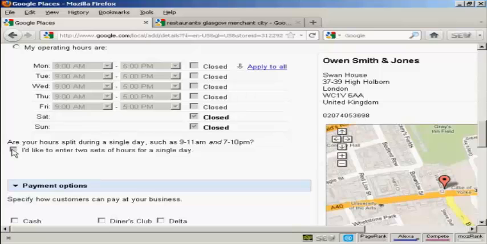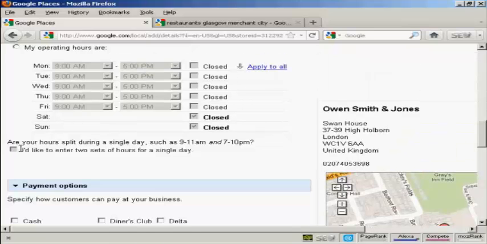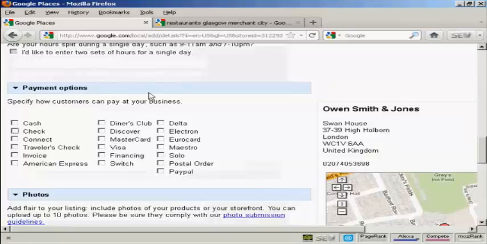And as it says here, if you split the hours, for example, if you run a restaurant and it's open at lunchtime and then it closes in the middle of the day and then it's open again in the evening, you can set that there. Then we've got the payment options, and again, if you have a restaurant or a retail store, you'd want to check as many of these tick boxes as apply,